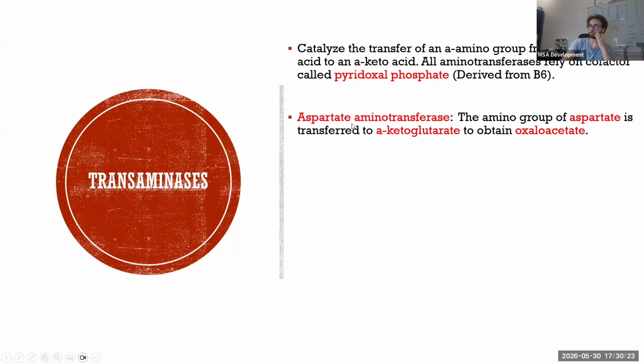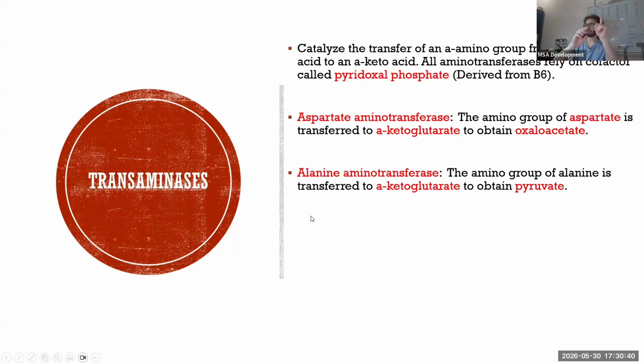Okay? So the first one is aspartate aminotransferase. Guys, you see this line? Memorize it like your name. I swear, you're going to get questions about it, okay? Aspartate aminotransferase equals aspartate and oxaloacetate. Just remember it. Alanine aminotransferase equals alanine and pyruvate. All of them will have alpha-ketoglutarate. But you have to know that aspartate aminotransferase will give us oxaloacetate from aspartate, while alanine aminotransferase will give us pyruvate from alanine. Very important. I swear, I've seen questions about this.